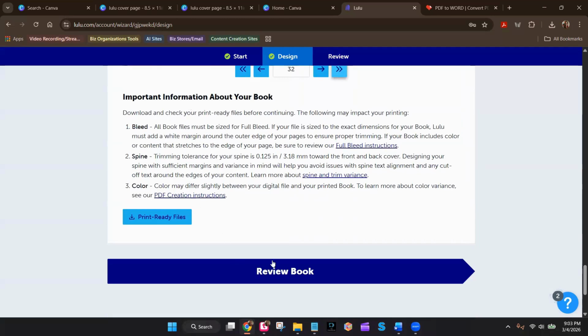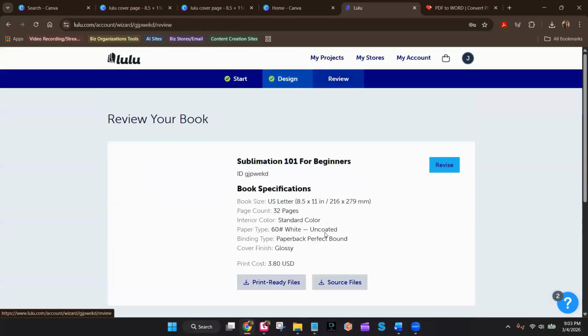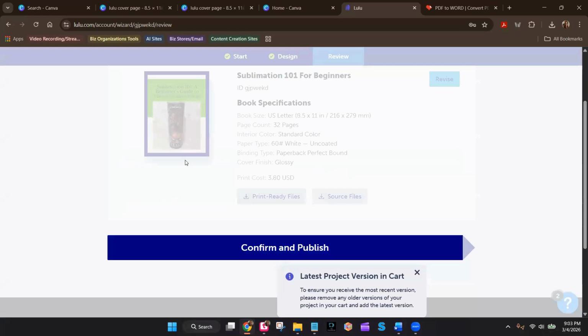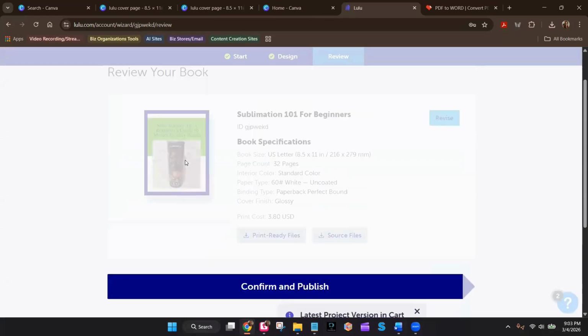More information about this right here. Now we get to review the book. Let's go to review book. So now, this is the final part of the book right here. It gives us some options. So while that is loading,